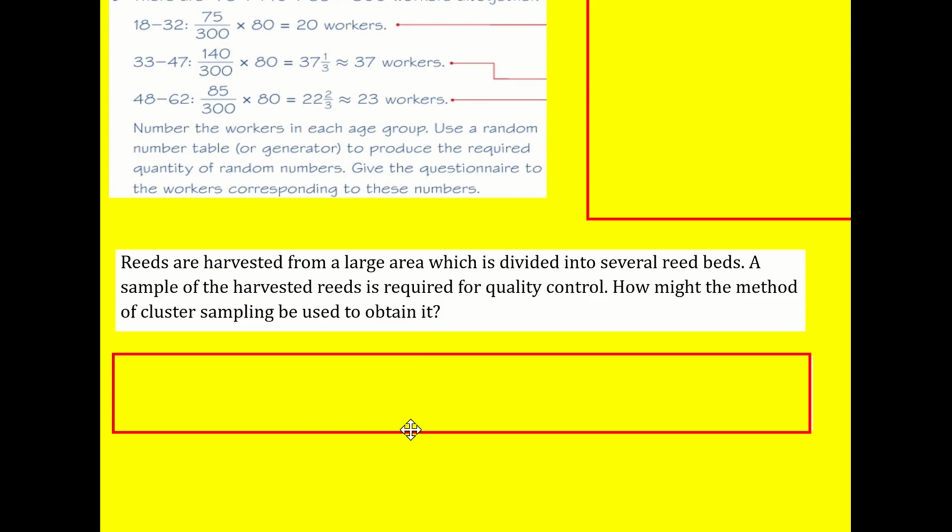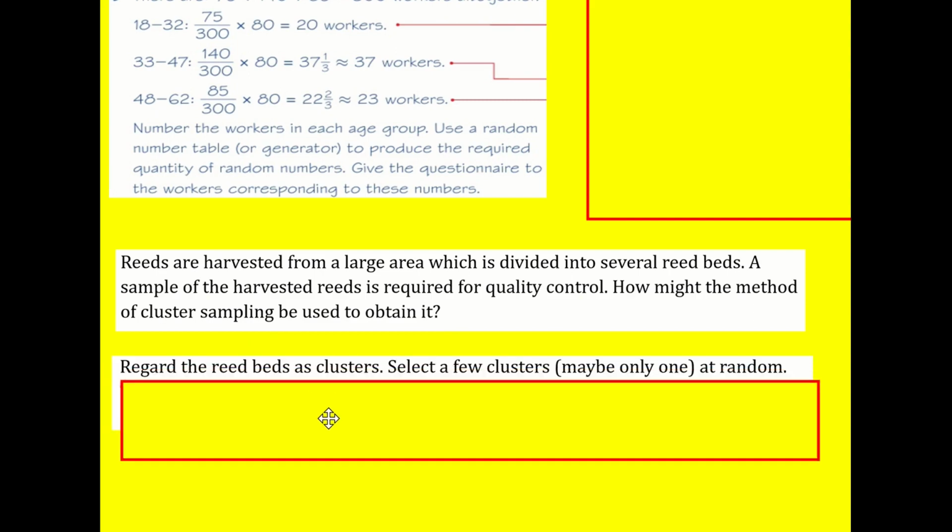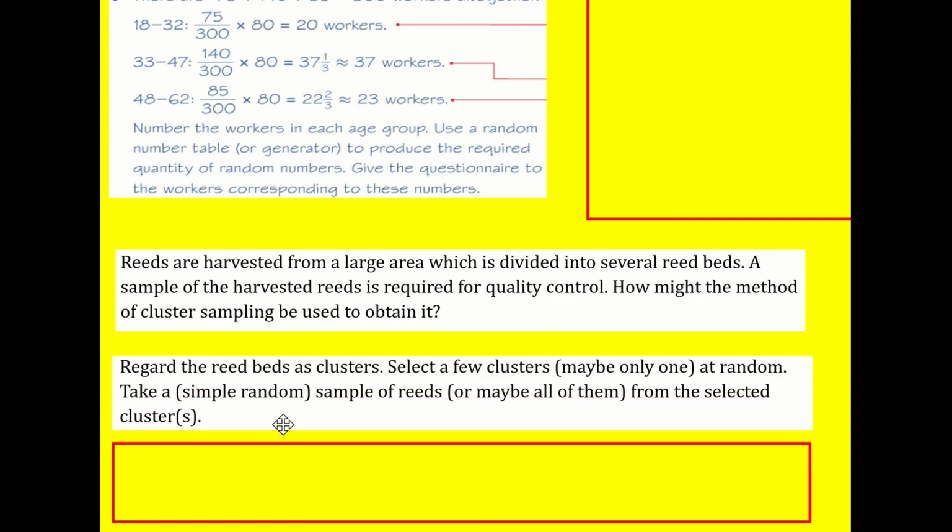Right, let's look at some reads. Why not? So we're harvesting reads. How could we use cluster sampling to obtain a sample? Well, this is not really a numbers question. It's more about just understanding what cluster sampling is. So we can regard that we've got several read beds. That's quite vague, admittedly. But let's imagine we've got quite a few, but not ridiculous number. We can imagine them as clusters. We can select a few clusters, maybe only one cluster. It depends how many there are at random,